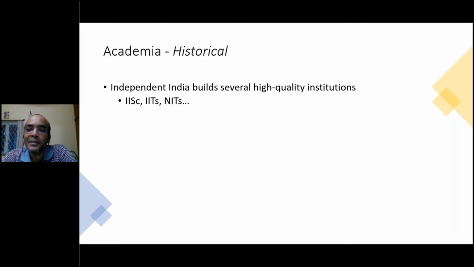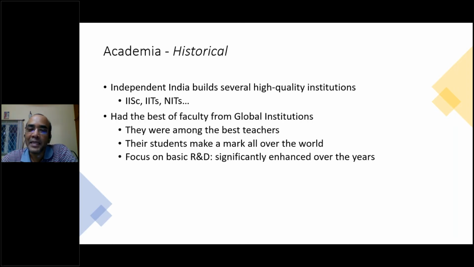So the country set up all these very successful, high-quality academic institutions, the IISc, which was even there before, I should say, but then made huge strides after independence. And then you have the IITs, obviously, and then came the NITs. So we have several such institutions that provide very high-quality education, and they had some of the best teachers,